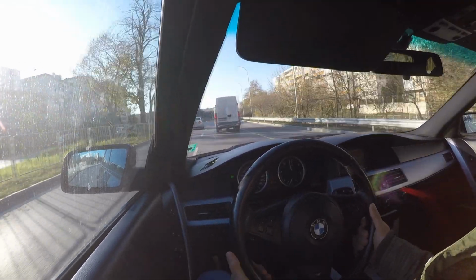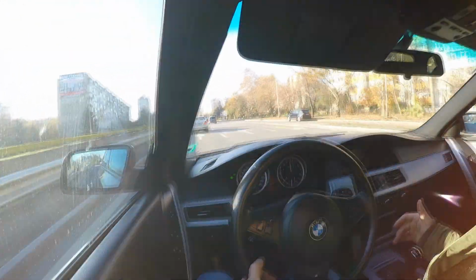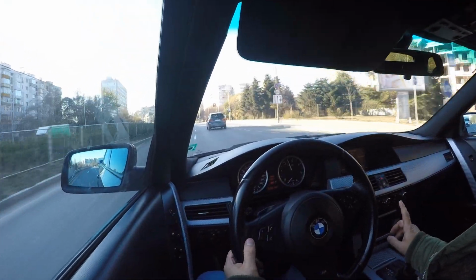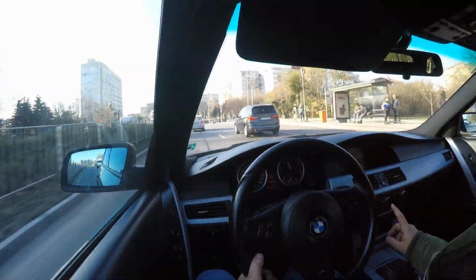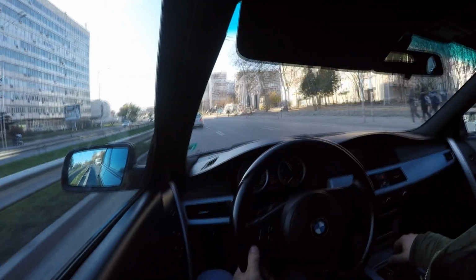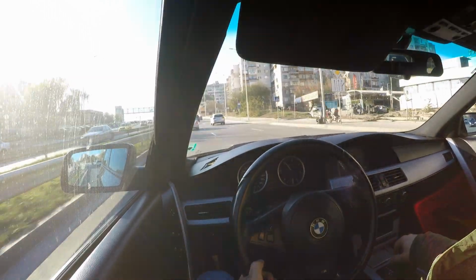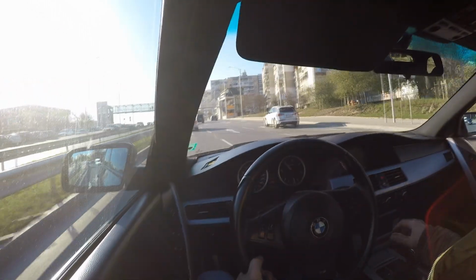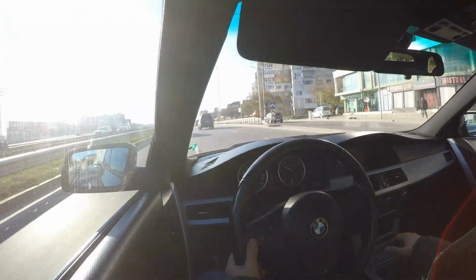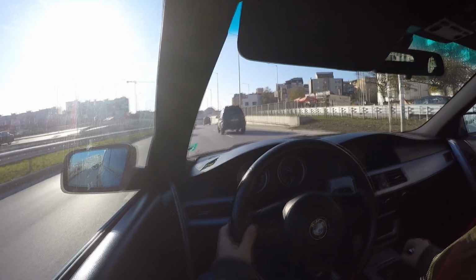Just put the right gear, put more than 2,000 RPM and just hit the pedal, and the car really responds. And it not only responds actually, but it gains more and more and more until 5,000 RPM. It's a great engine. It's acting like a petrol one with a nice range. Bigger turbo is powerful in the upper range,